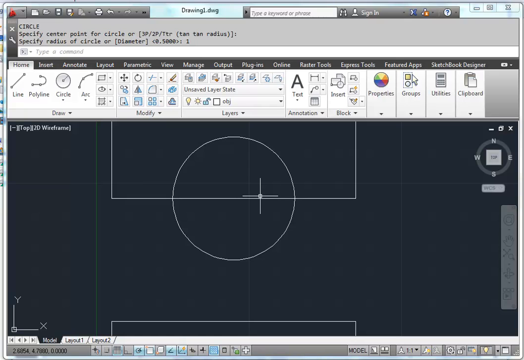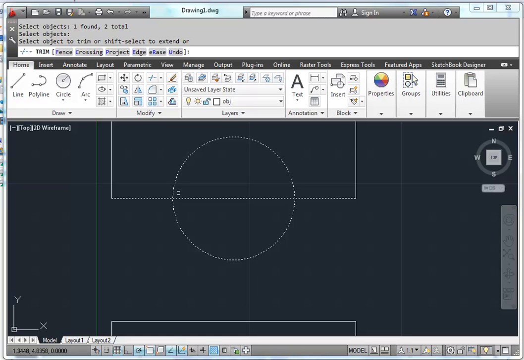Now this, I want to get rid of this half of the circle and then this portion right here of the line. So I'm going to use the trim command, TR. And for trimming edges, since that's the first part of the command, I want to select both the circle and the line, because the circle is going to trim the portion of the line that I want to get rid of, and the line is going to help me trim this portion of the circle that I want to get rid of. So once I'm done selecting my objects for the trimming edges, I hit enter,